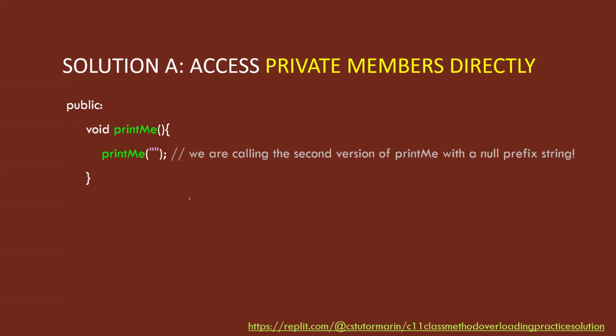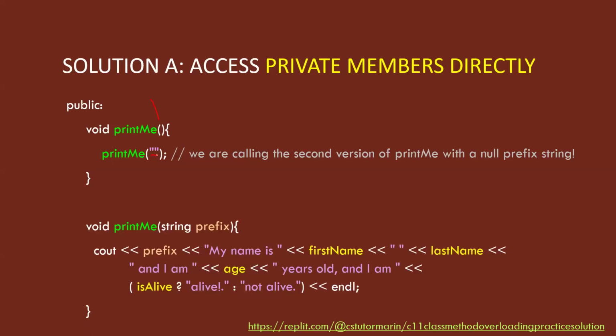So one way to do this would be to daisy chain these things together. This one has no arguments. It calls this one with a blank, right, for its prefix. And then we have another one down here that actually has the prefix argument. It's okay. It's not the best way, but it works, right? So we have an overloaded version of our method, and we're calling this one from this one, right? And we're just being a little tricky and giving it a nothing burger right there, okay?